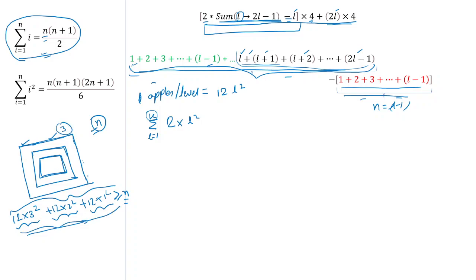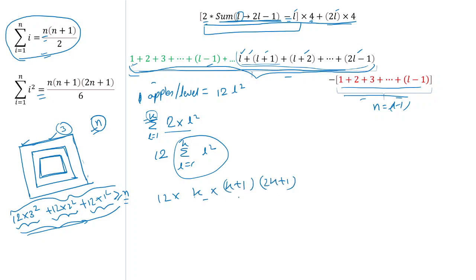Like, what is the summation of all these 3? So that is represented by K. So when you do this, you will see 12 and summation L equals 1 to K of L square. So this particular formula we'll use here, and what we'll get is 12 into K into K plus 1 into 2K plus 1 divided by 6, 6, 2, yeah, 2.